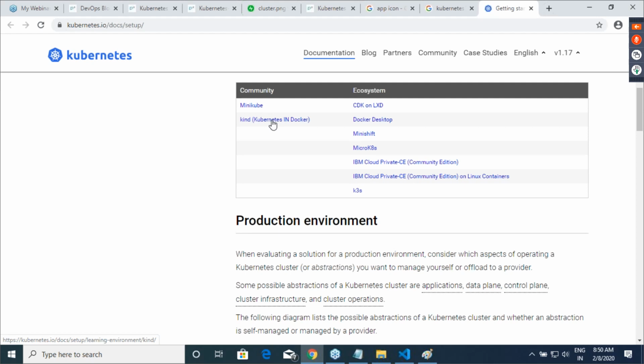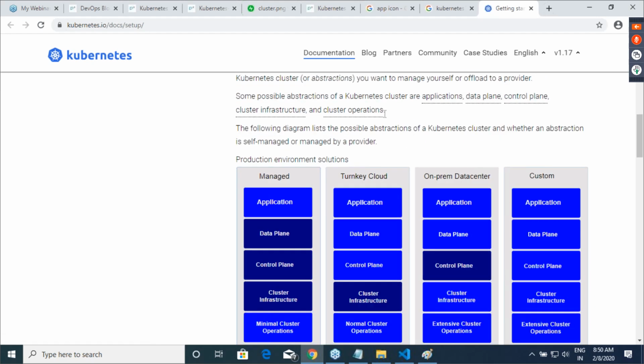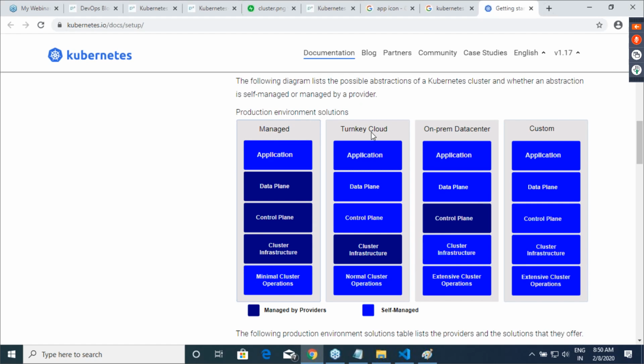But these are good for dev or running on a single machine. The moment you go to a production kind of environment, we have various different kinds of solutions. You have managed, you have turnkey solutions, you have on-prem, and then you have custom installations.